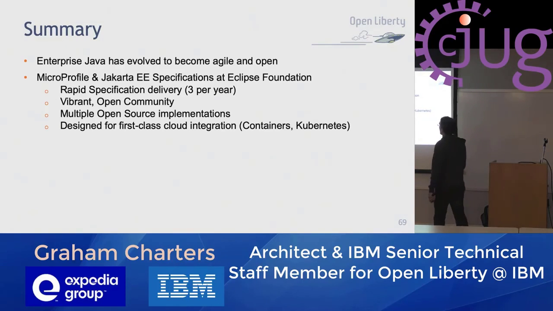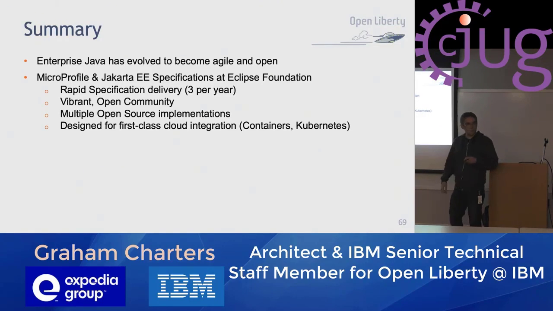The fact that we have MicroProfile for the cloud native side of things, and Jakarta EE as the set of existing specifications that we can now evolve in tandem and in a consistent way is really nice. MicroProfile delivers every 4 months, so 3 releases per year. There are 140 different committers for MicroProfile, and many other companies invested in MicroProfile and Jakarta EE. There are multiple open source implementations, so you're not locked into a particular vendor. You can choose your vendor based on your needs, runtime characteristics, or the company you have a relationship with.